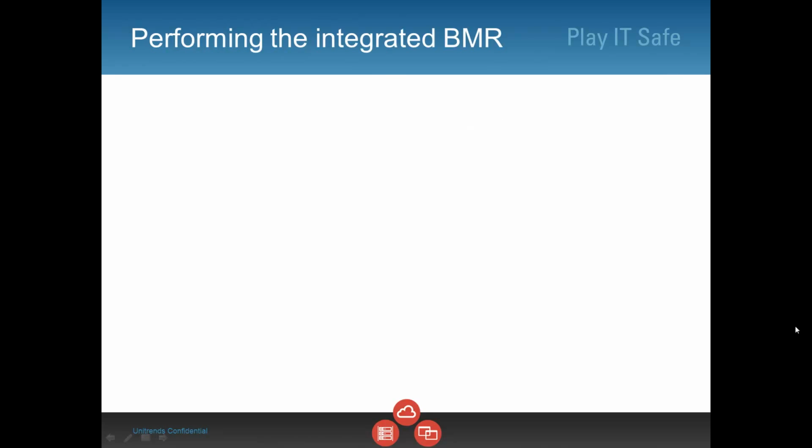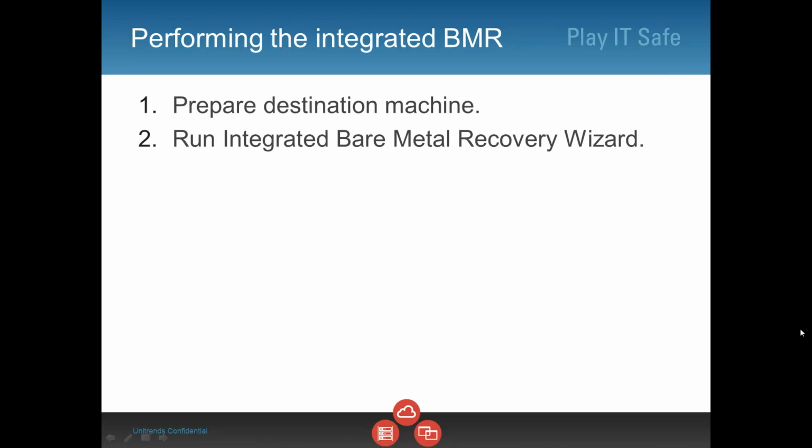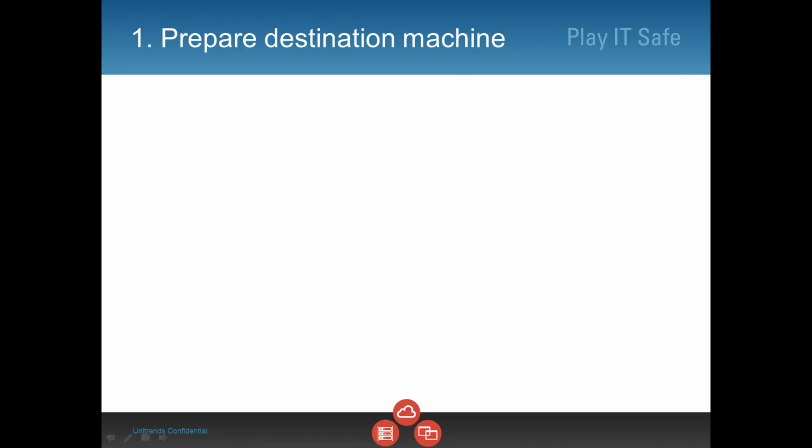To perform the Integrated Bare Metal Recovery, you must complete these steps. Prepare the destination machine. Recover data from critical volumes by running the Integrated Bare Metal Recovery Wizard. Complete the recovery by configuring network settings for the recovered client, connecting it to your network, and restoring data from non-critical volumes. Your first step in preparing the destination machine is to access the Integrated Bare Metal Recovery ISO image